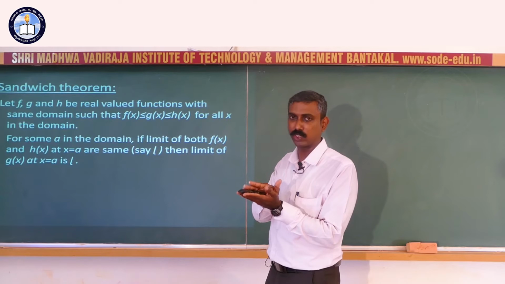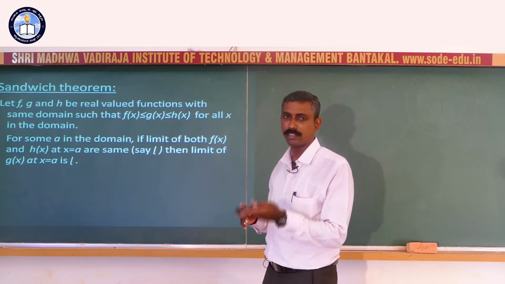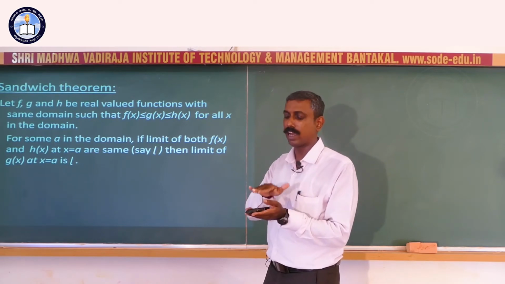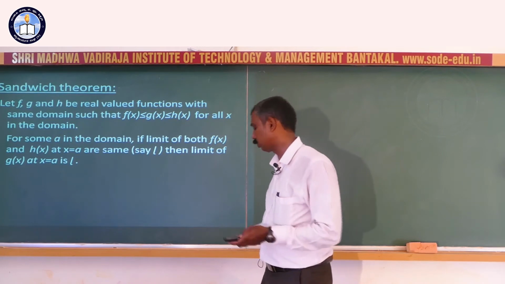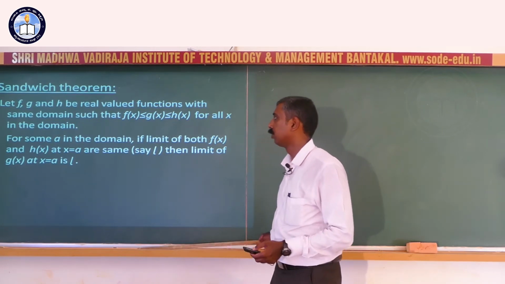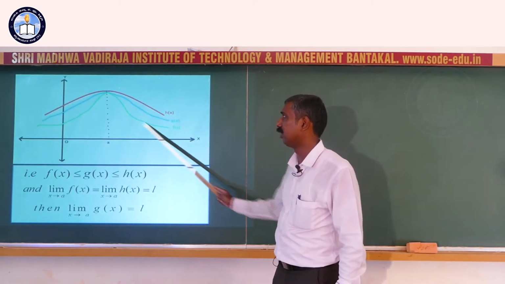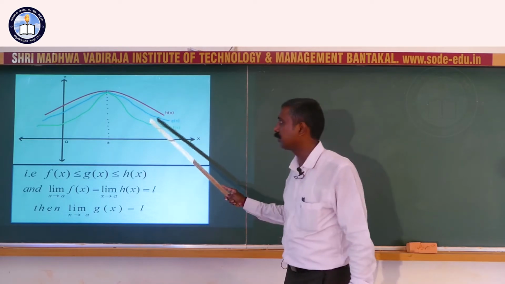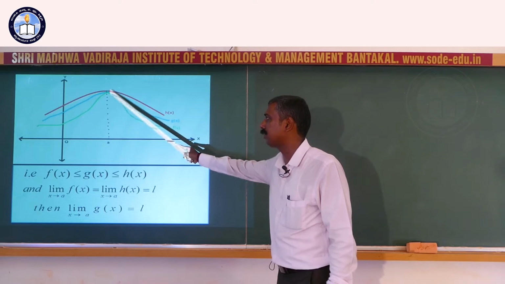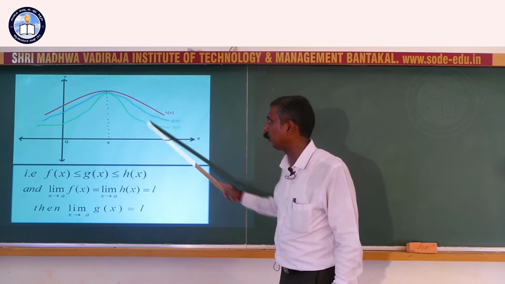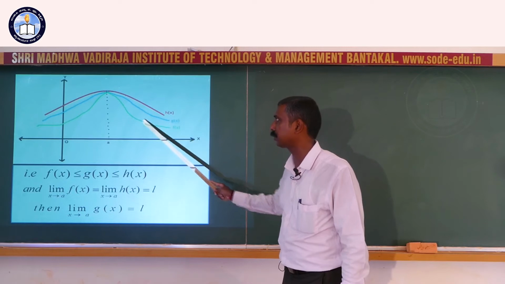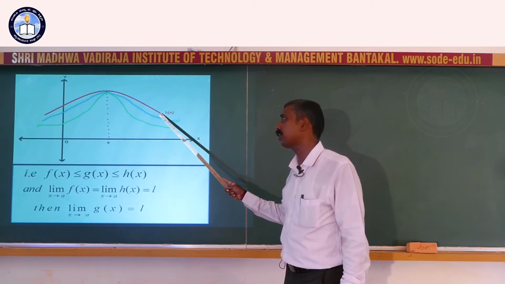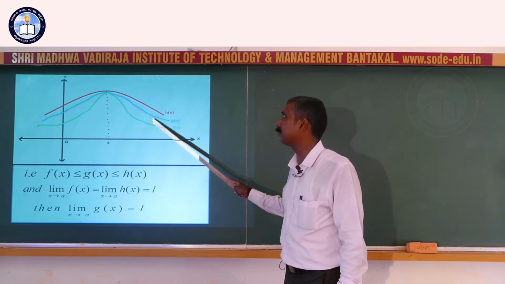So there are three functions f, g and h. f is the lowest one, the least valued function compared to g and h. So f of x is less than or equal to g of x, and g of x is less than or equal to h of x. As shown in the diagram, you can see the curve f represented by the green line. F is not strictly, but less than or equal to g of x. Here it is shown that at the point a they are equal. So f is less than g of x, or sometimes it may be equal to g of x, and g of x is less than or equal to h of x. In turn, f will be less than or equal to h of x.